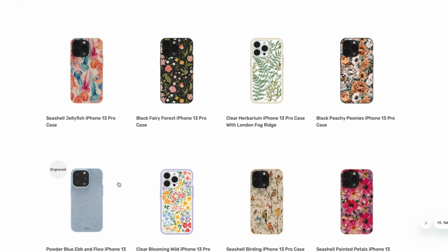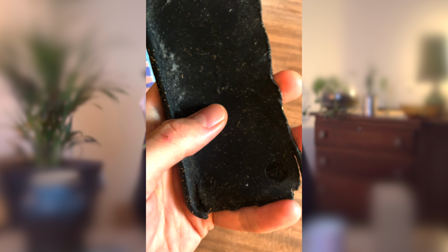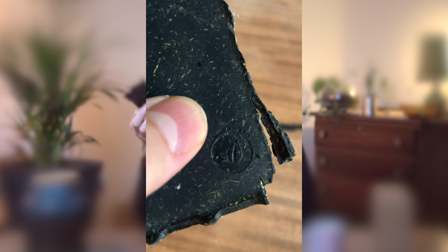The Pela case is actually made of a material called Flaxstic. Flaxstic? It's a compostable bioplastic made of leftover flax straw. The founder, Jeremy Lang of Saskatchewan, got that idea when he saw how much flax straw was being burned after harvesting. Anyway, it's free of BPAs, phthalates, and heavy metals, and it meets the child safety standards of most developed